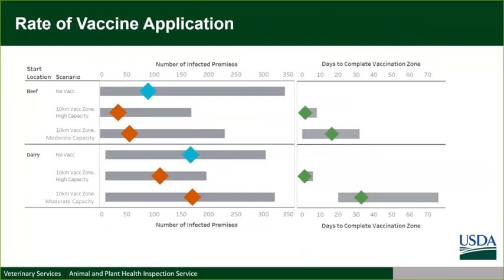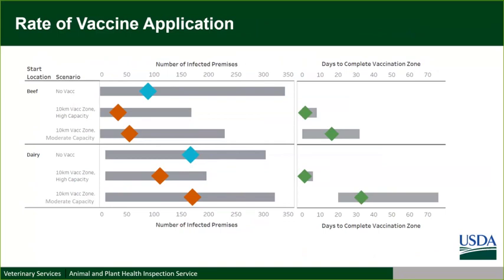Whether it's a containment strategy or a protective strategy, the rate of vaccine application, both in terms of how quickly you can finish control areas, how quickly you can finish a vaccine zone, as well as how many vaccination zones you can operate in at one time, is going to determine how successful a vaccination campaign will be. And the importance of that is because we have to build up that herd immunity. So the quicker we can get vaccine into the animal, the better these strategies are likely to help you, again, shift that curve to the left.